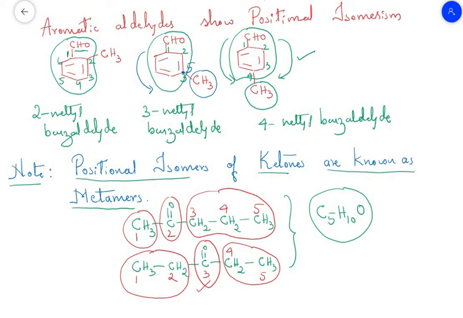Two or more compounds having the same molecular formula but differing in the number of alkyl groups on either side of the functional group. So this is the functional group. Here we have methyl and here we have propyl. But in this example, here we have 2 carbons, which is called ethyl, and here also we have ethyl. So the definition of metamers is: 2 or more compounds having the same molecular formula but differing in the number of alkyl groups on either side of the functional group. Therefore metamers are nothing but positional isomers of a ketone, because this compound is called pentan-2-one, and here it is called pentan-3-one.